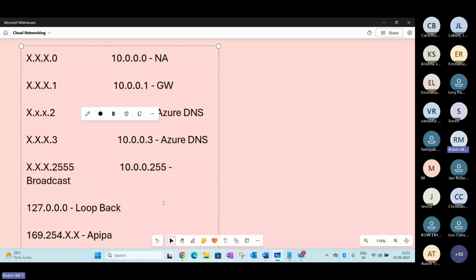Let me paste these details here. Just give me a second. So this is the range for APIPA here.